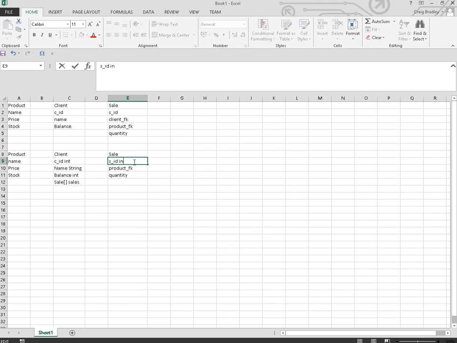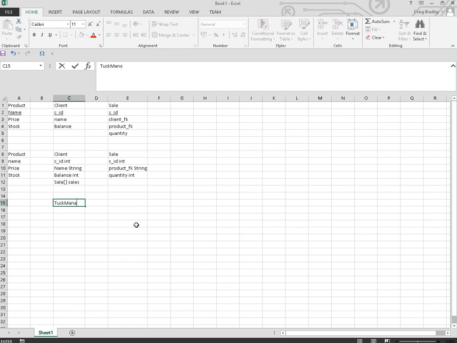This would be an integer, this would be a string, this is referring to the product, which is a name. This field is a primary key, so again, and this would be an integer field, and the same thing would happen there. So we've got the structure here, but now we would need the actual tuck shop, so the tuck